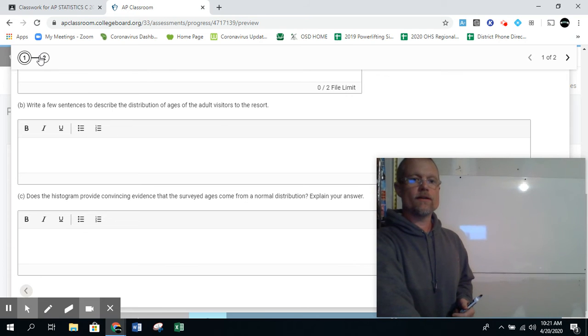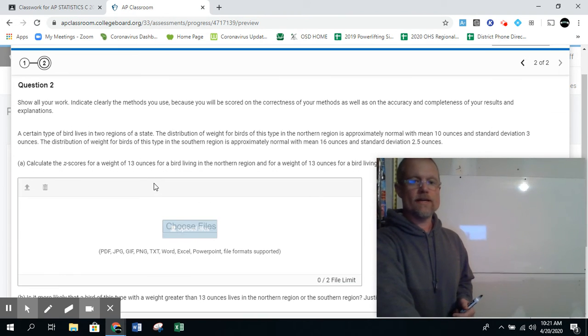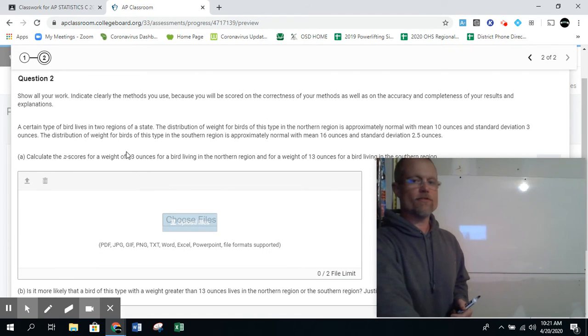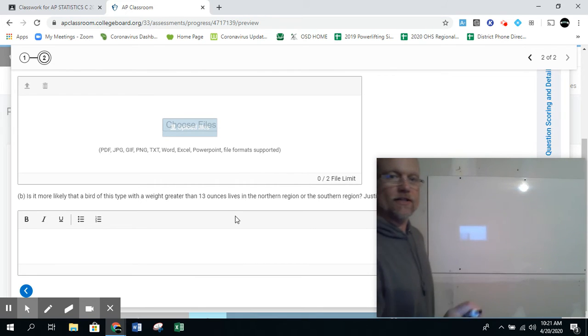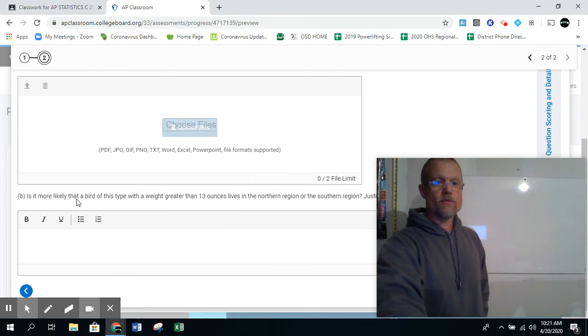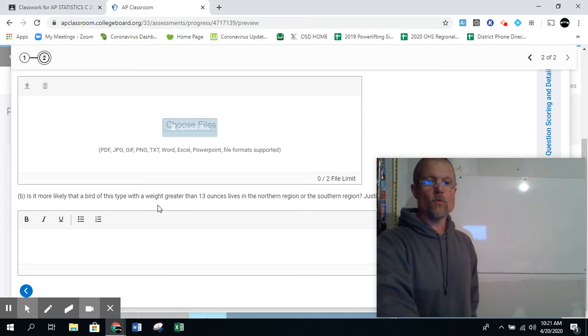Number two, this one's great. Okay, almost everybody got the z-score right. Awesome. Okay, part B, we struggled. Okay, some of us struggled. And here's the deal. It says, is it more likely that this type of bird with a weight greater than 13 ounces